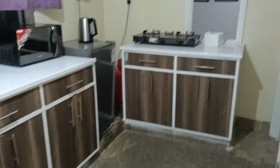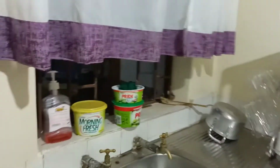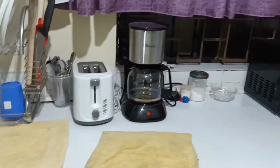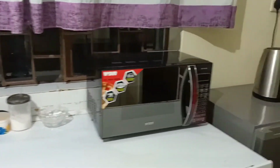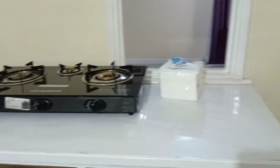In the kitchen, this is how the kitchen area looks. Wow. This in Kakamega, guys. Nice fitted curtains. Then we have utensils, we have everything for washing your utensils. We have a coffee maker, microwave, we have the fridge, we have